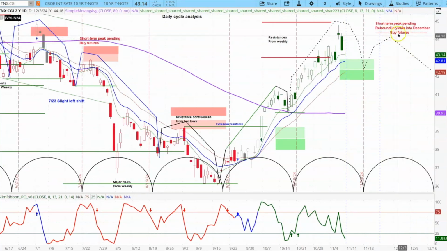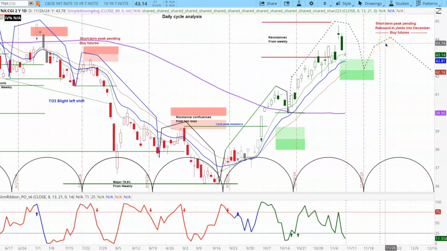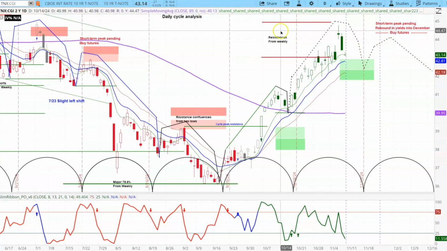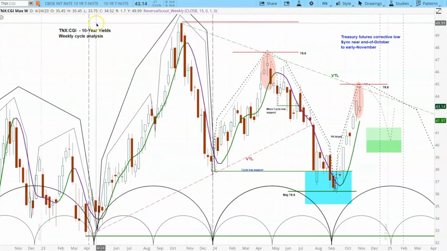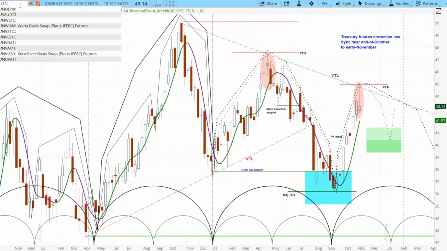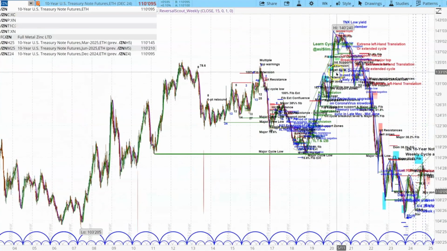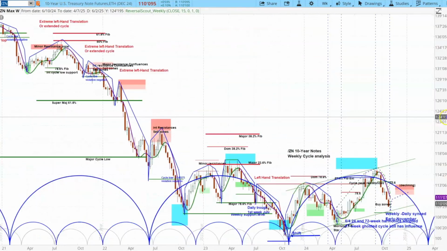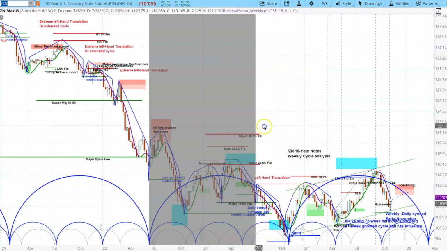That tells us that we really want to buy futures if yields pop up into this period. So that's why I have that note in there. I hope that is very, very clear. Let's go back to that weekly chart right there, and let's look at the inverse of this, which is the ZN. And you can see here, looking at this pattern in here, you have the big harmonic families, as you